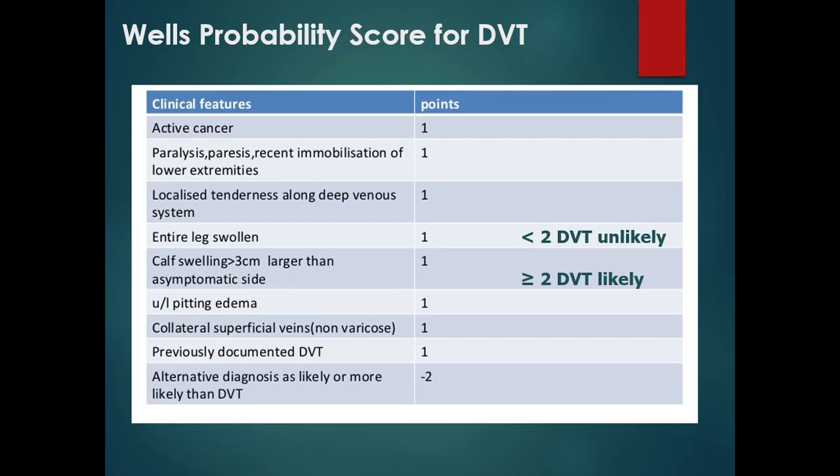Alternative diagnosis is unlikely. The presence of an alternative diagnosis gives you -2 points. Let's say the patient has fallen, broke her leg, or whatever. That gives you a solid alternative diagnosis. But